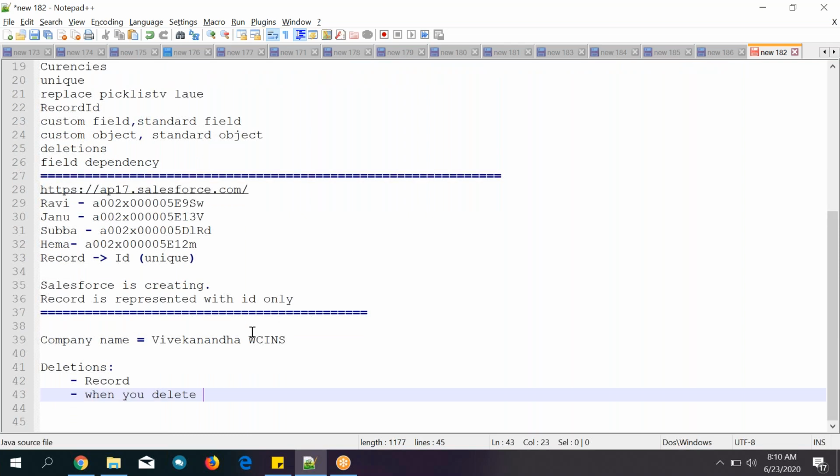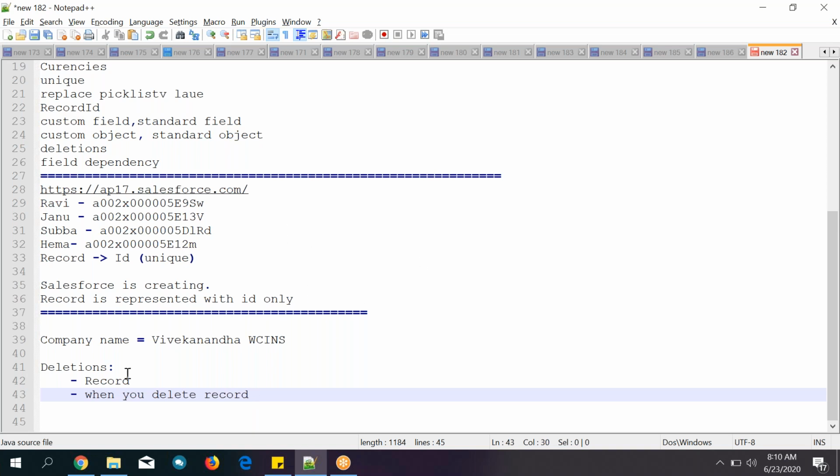Sir, up to what time data will be vanished? Whatever certain storage capacity is there which is supported by the organization, that will support by the recycle bin also. In recycle bin, until how many days the data will be stored? Is there any specific time? That I'm going to tell. Actually 15 days. That I'm going to tell.